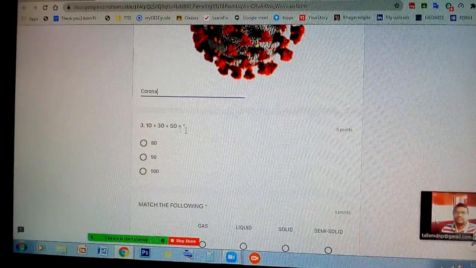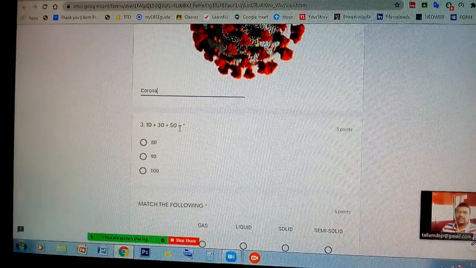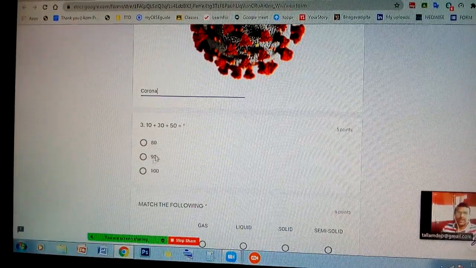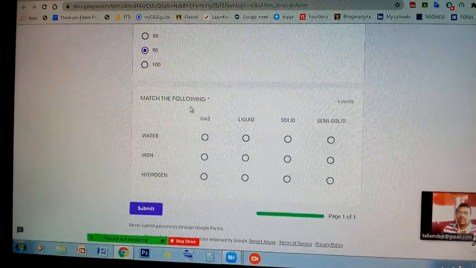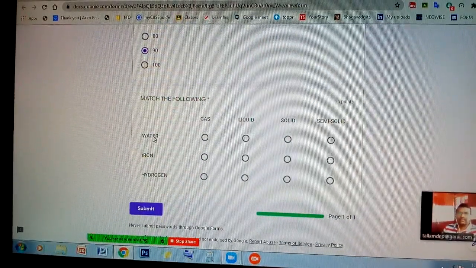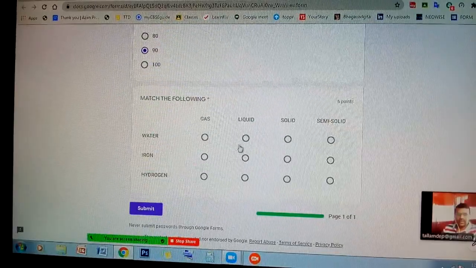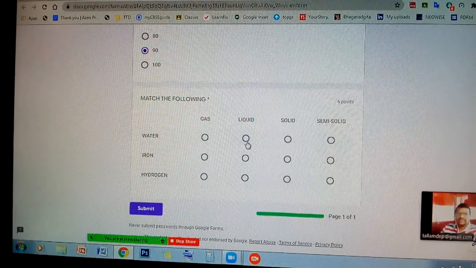Next, series, 10 plus 30 plus 50. Multiple choice question. So 90 selected. Match the following. Water, it is a liquid. Water, liquid, iron, solid, hydrogen, semi-solid. I select the answers like this. So the question paper will display to the student like this.